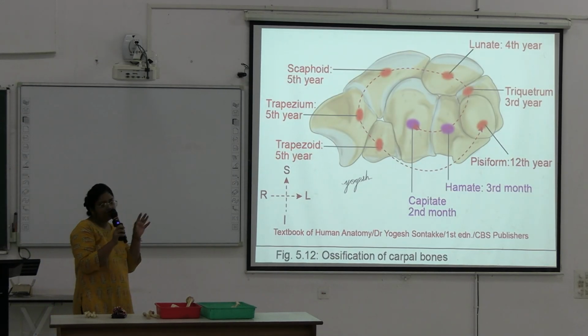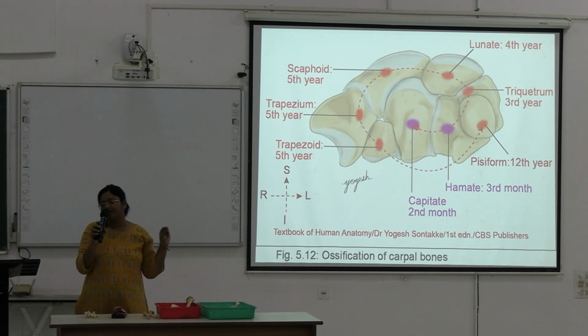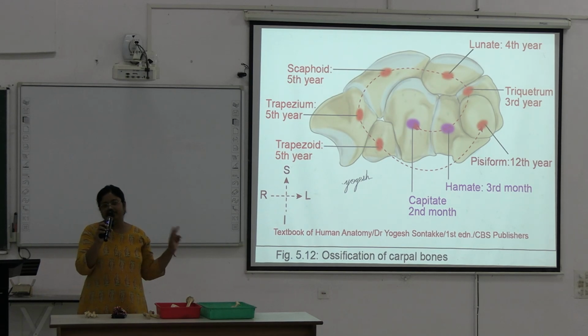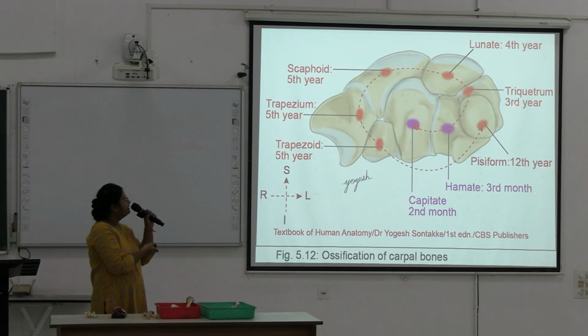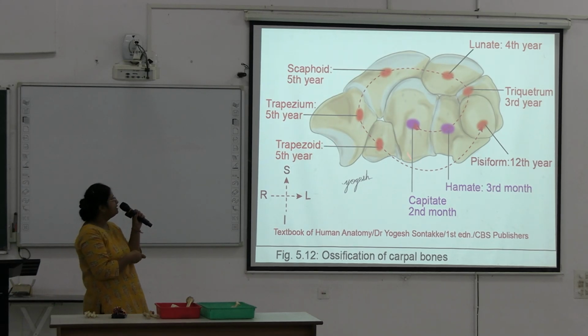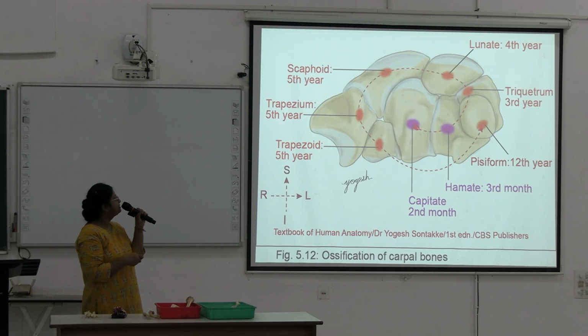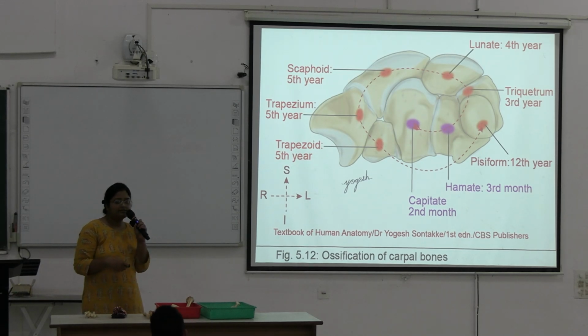And also from the appearance of these bones, how many carpal bones are present, you can determine the age of the child, okay. Capitate and hamate are present from the first year of life. So at the third year, triquetrum appears, so 3 carpal bones you will see in your X-ray plate. If 3 carpal bones can be seen, the age of the child is 3 years. If 4 carpal bones are seen, the age of the child will be 4 years. And if 5 bones are seen, the age will be 5 years, like this. 6 and 7 also appear.